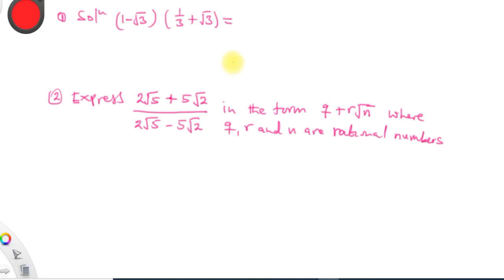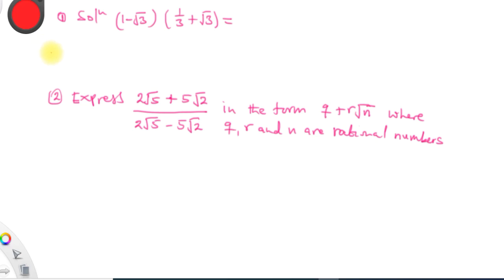Get understanding, don't memorize. This is the continuation of a series of lessons on surds. In the previous video we were considering the rationalization of surds, or division of surds. And we said that whenever you are given a fractional surd and you want to rationalize or divide, you always